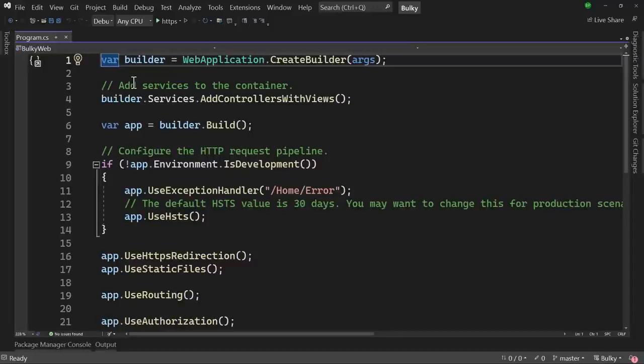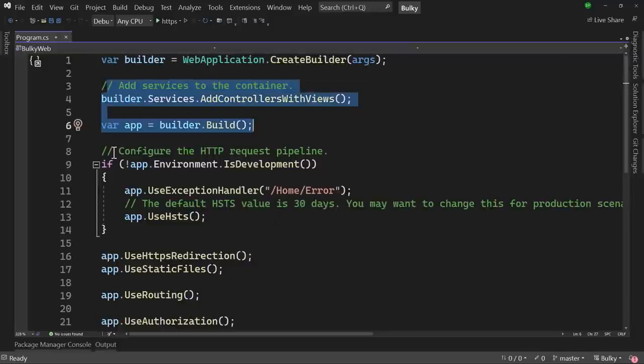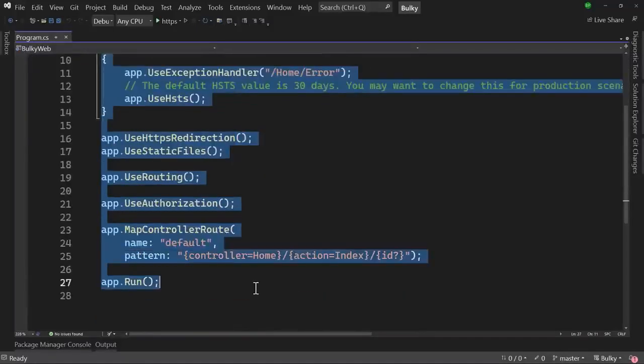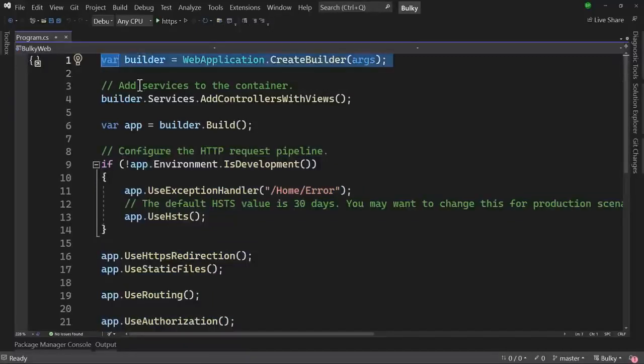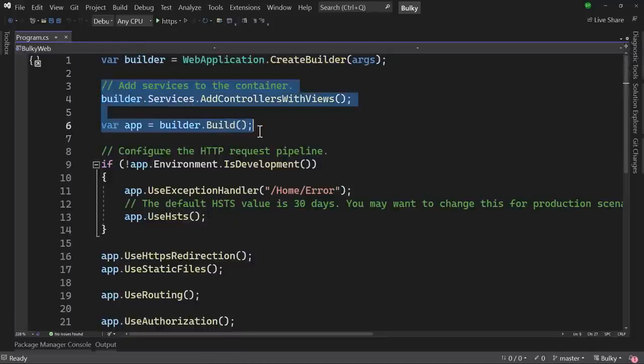Now here, let me zoom out, and when we have to configure a .NET application, there are two things that you should remember. First, we have to add some services to our container, and next we have to configure the request pipeline. In the program.cs, those are the two things that are being handled. First, you can see there is WebApplication.CreateBuilder that creates a builder. On that builder, we are adding some services. Right now, we are using MVC for our architecture, and that is why on builder.Services, it has added something called